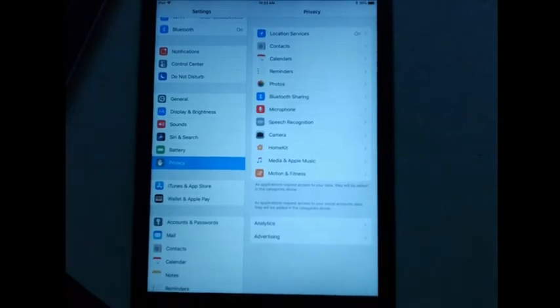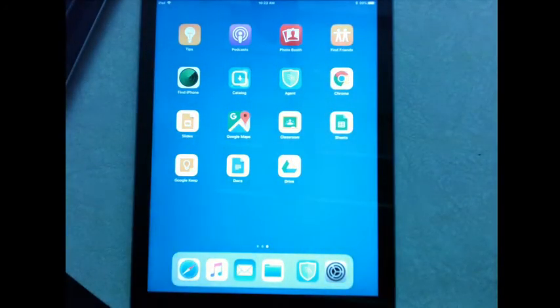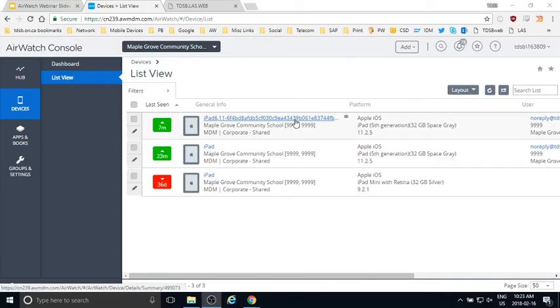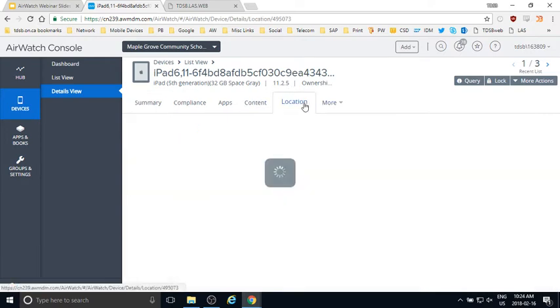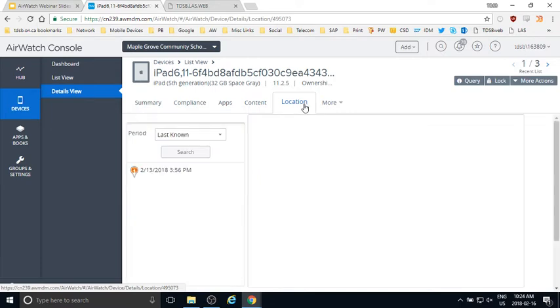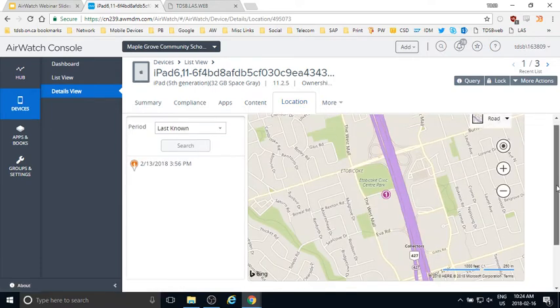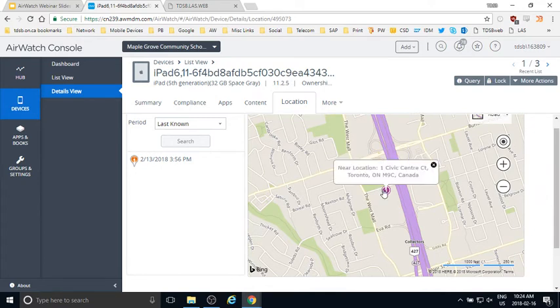Now, let's say hypothetically I lose this iPad. From the AirWatch web console, I'm hoping it already got the location data. I think it's this one here. Yeah, it's probably this one. I'm just going to query it for some data. So this is the iPad here. It's got a long gobbledygook name, ignore that. But let's pretend that I've now lost this iPad. I can go into this location tab here, and it'll show me the last location that it reported being in for this iPad. And as you can see, we even get a map. Right here, this is Etobicoke 1 Civic Center, so that's where we're at right now. And this iPad has reported its location to AirWatch.